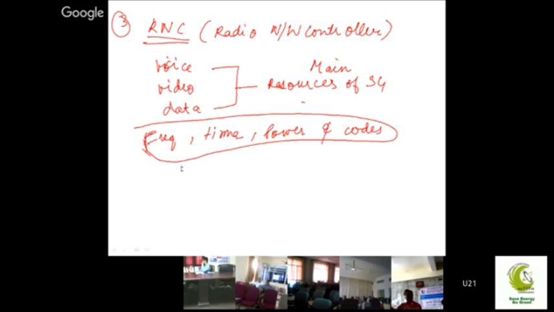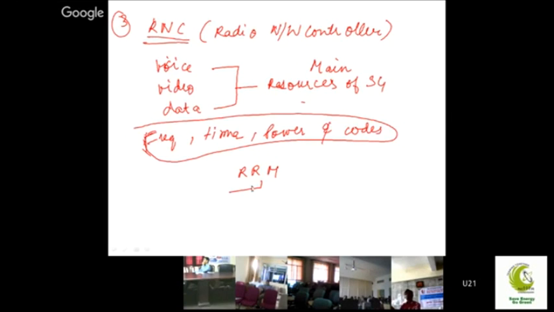Now, these are the resources, and this network is the radio network, because we are basically working upon the radio spectrum or the radio waves, that is the 2100 megahertz band of 3G. So by combining these resources and the radio waves, there is a body in RNC which handles all its working, that is called RRM,